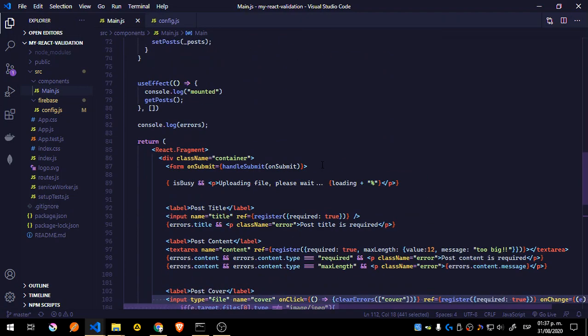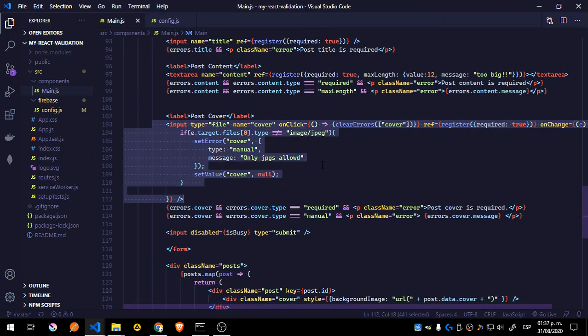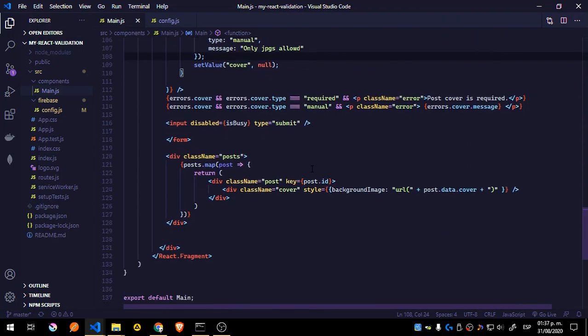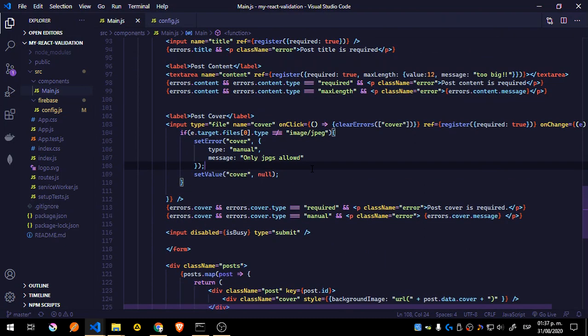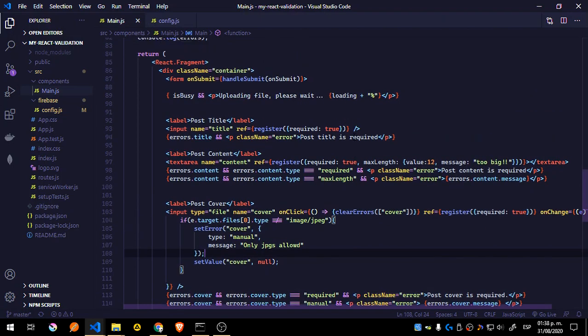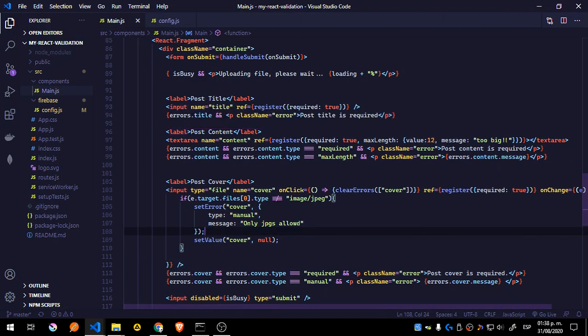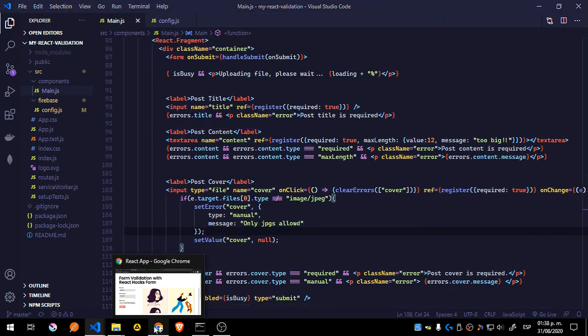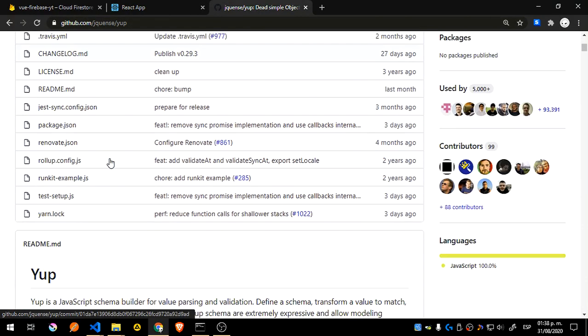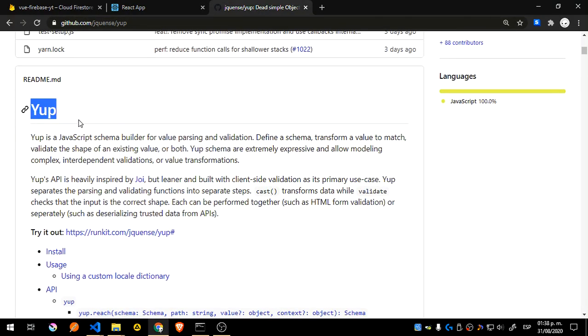but we can agree that this is maybe not too complex, but you know there are several steps here that, if we had something that allow us to make this simpler, then it would be smart to use that. So what we're going to do is to change all this to Yup. So what I'm going to do is just start removing a few things, but I need to go here and here. This is the package that we're going to use, Yup, which is a schema builder for value parsing and